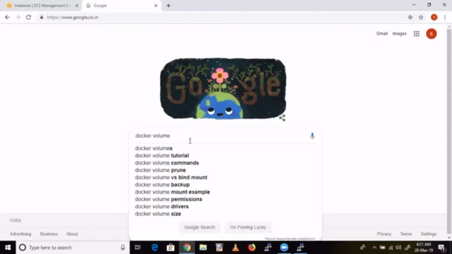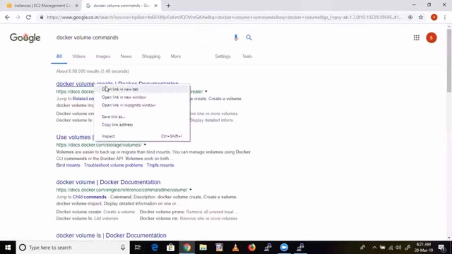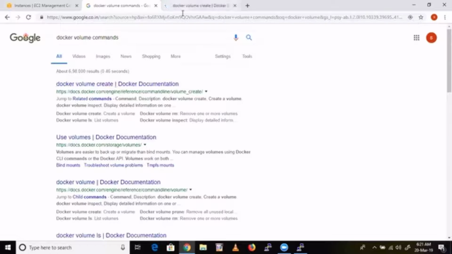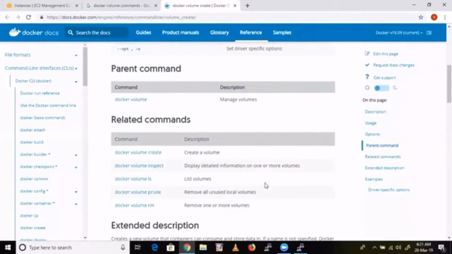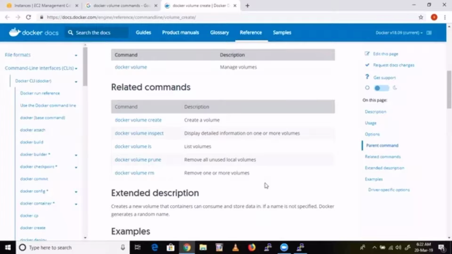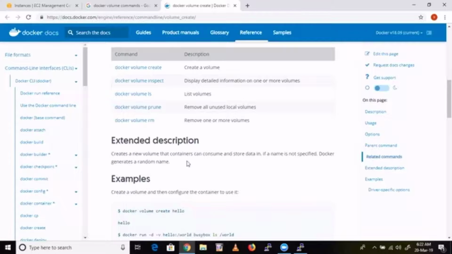Docker volume commands. Here you will definitely get one command to delete.